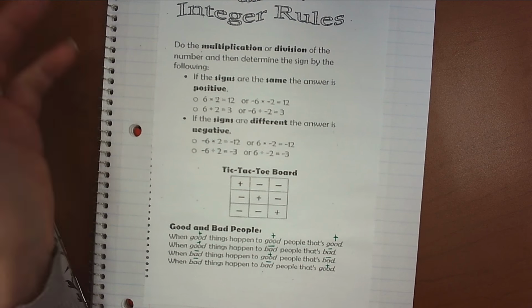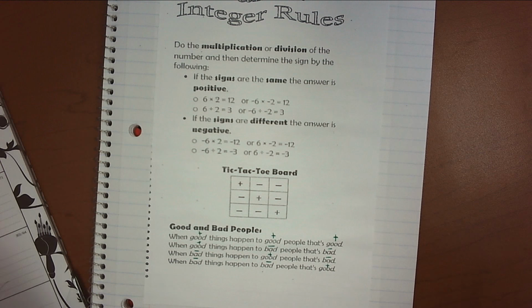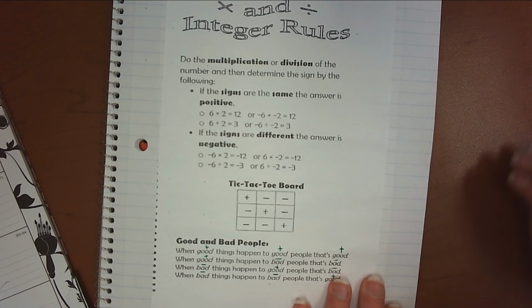I will say that when we get to the test or quiz, the biggest mistake is that students want to confuse the multiplying and dividing integer rules with their adding and subtracting rules. You have to keep them separate because adding and subtracting rules are completely different than your multiplying and dividing integer rules. So it's really important that you start to look at these integer rules and commit them to memory and keep them separate from the other integer rules page that you have